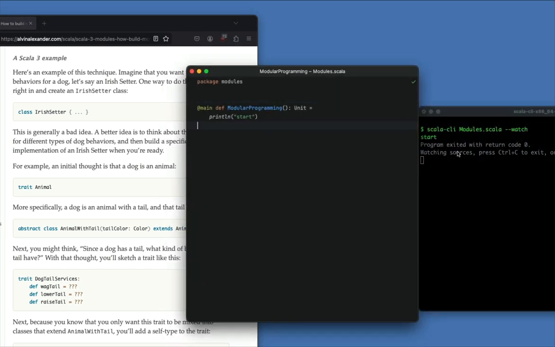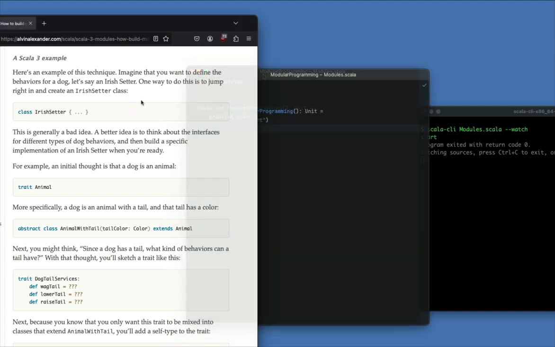So what I have going here in this environment is I'm working on a file named modules.scala, and I have it running with Scala CLI over here and the usual watch option. So that continuously compiles and runs this program right over here in my terminal. So the example I show over here is, let's say that you want to model the behaviors for a dog